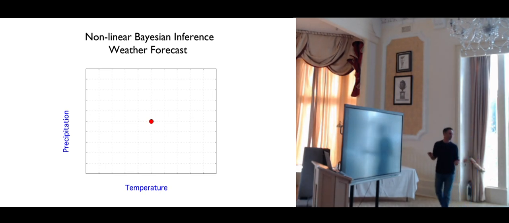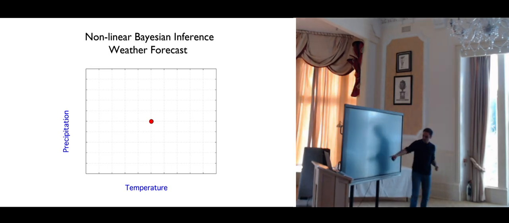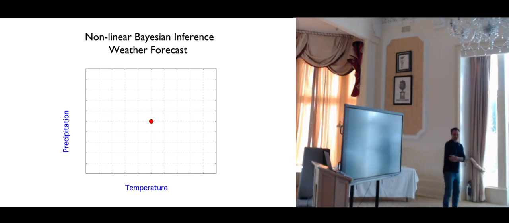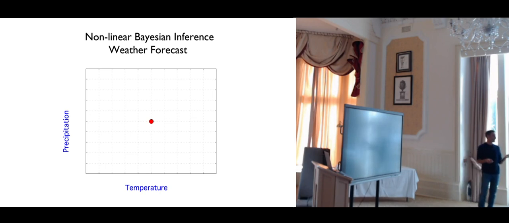The question is, what's the temperature going to be tomorrow, and what's the precipitation going to be tomorrow? And so we want to have a point on this 2-dimensional space. And one way to communicate this forecast is very simple. It's just to give one point in this 2-dimensional space, to say, okay, tomorrow the temperature is going to be 20 degrees, and the rain is going to be at this number of millimeters. And this is very easy to convey as information, because it's just 2 numbers. You can explain that to a kid very easily. You can say tomorrow it's going to be hot and it's going to rain, and it's very simple.